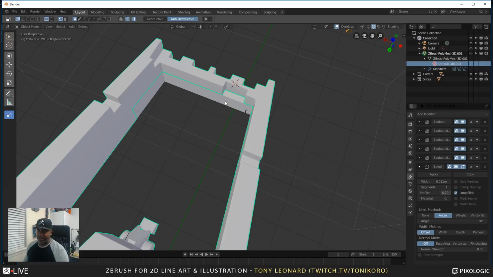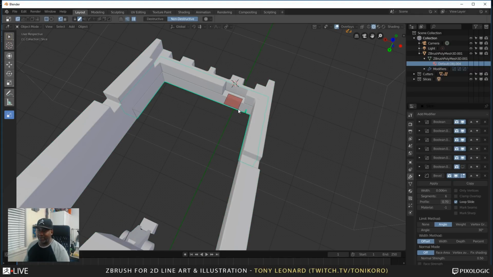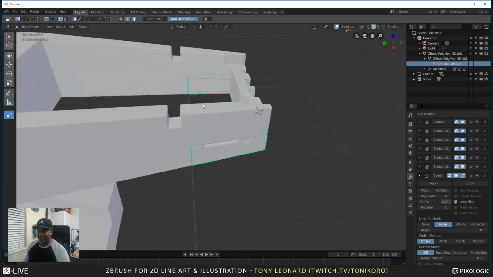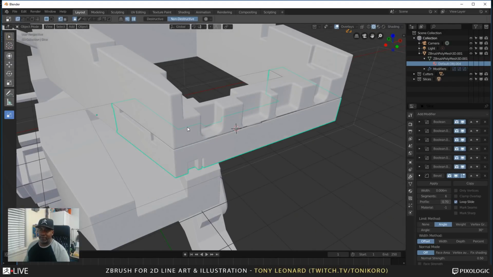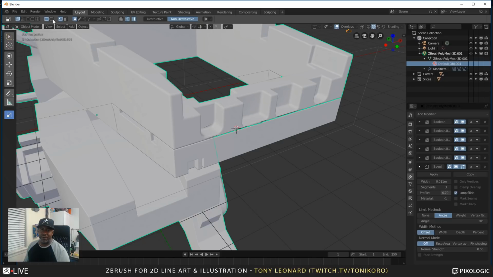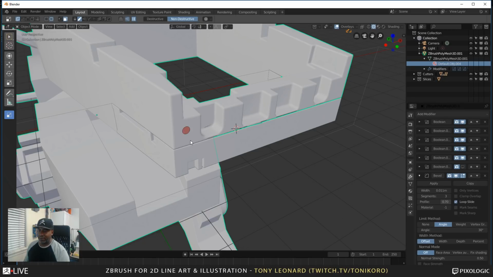Oops, that's an error. So there we go. Sorry, actually didn't have the right piece selected. We'll grab this piece here, and maybe we'll do a circle. I'll just take this, size it up, extrude it inwards, and for this I might want to do something with it, so I'm going